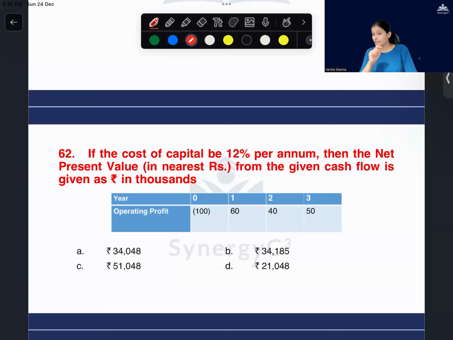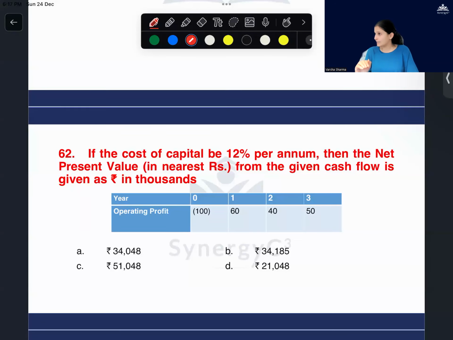So in this particular case, for the first year, my inflow was rupees 60. So I'm going to backtrace it and find its present value. For the second year, my inflow is 40 rupees. Again, I'm going to backtrace it for a period of 4 years. Then the third year, my inflow is rupees 50. I'm going to backtrace it for 3 years. I'm going to add it all up. It should come out more than 100. Only then it makes sense.